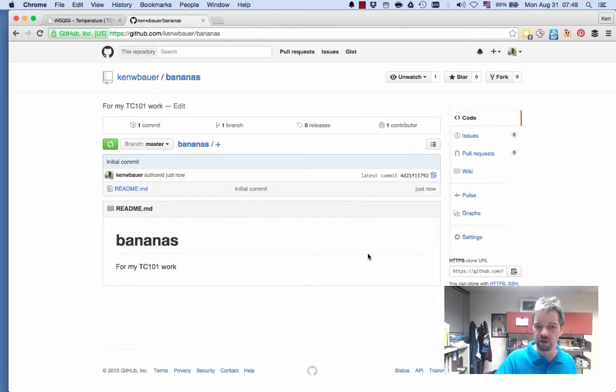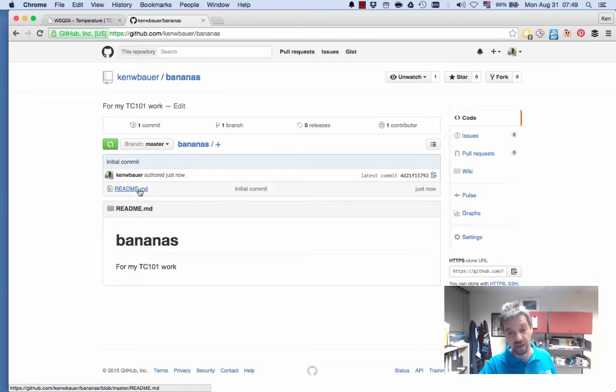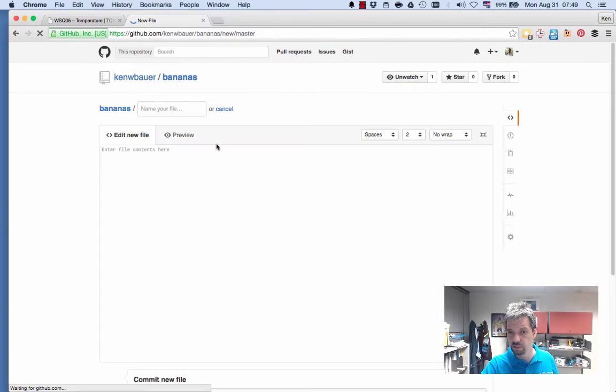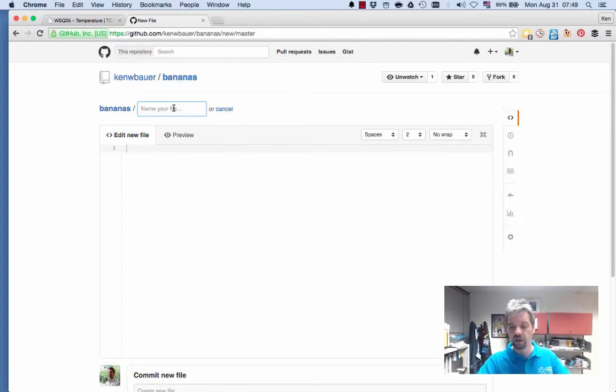Now I have a repository. It's got one file in it, the one I asked it to create, the readme.md, which is Markdown. Bananas. I can change this, I can edit it if I want. But now you get the bonus. There's the plus right beside bananas, and I create a new file. And I can call this